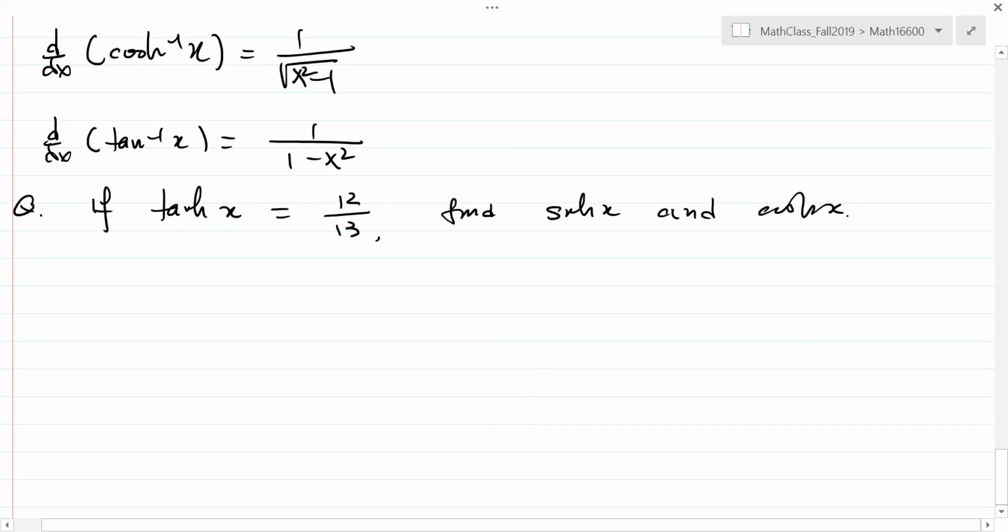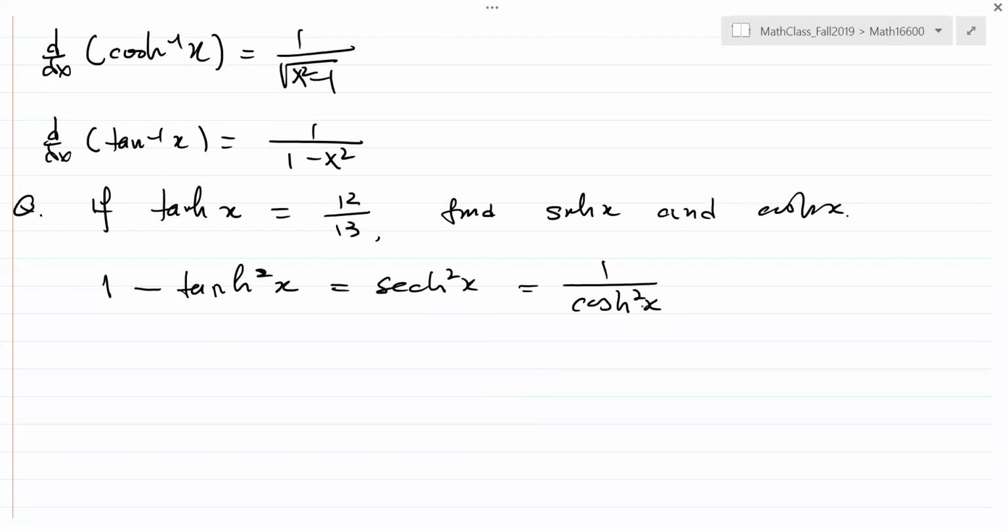Well, we use the identity 1 minus hyperbolic tangent x squared equals hyperbolic secant x squared. Hyperbolic secant is just 1 over hyperbolic cosine x, squared. So you already know the value of hyperbolic tangent x, then you can get the value of hyperbolic cosine x. So it's 1 minus 12 over 13 squared equals,